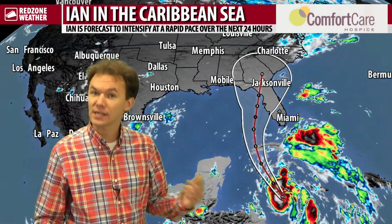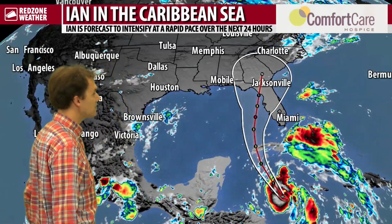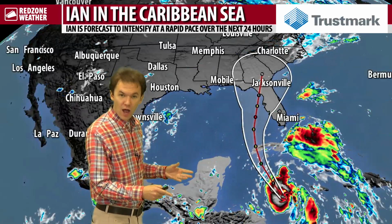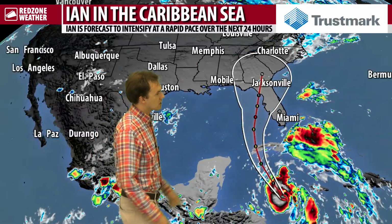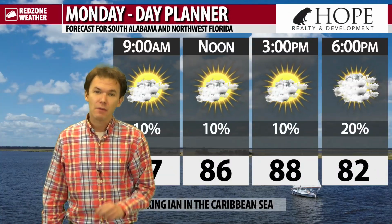Ian set to move into the eastern Gulf of Mexico tomorrow into Wednesday, ahead of a likely landfall in the Florida Peninsula or the Big Bend region as we get into Thursday or Friday. Likely to become a major hurricane tomorrow in the southeastern Gulf of Mexico. The National Hurricane Center forecast continues to ramp this storm up to Category 4 intensity by the time we get